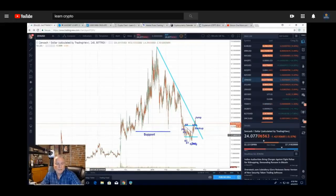So I think 20 is a big level because you can see over here, this was a triangle. The support came in at 20. So that's why I got support listed here on the 4-hour. You can see that with the decline in Bitcoin, 20 has been decent. I mean, we did go below 15, but you're going to have some of that when you got Bitcoin crashing